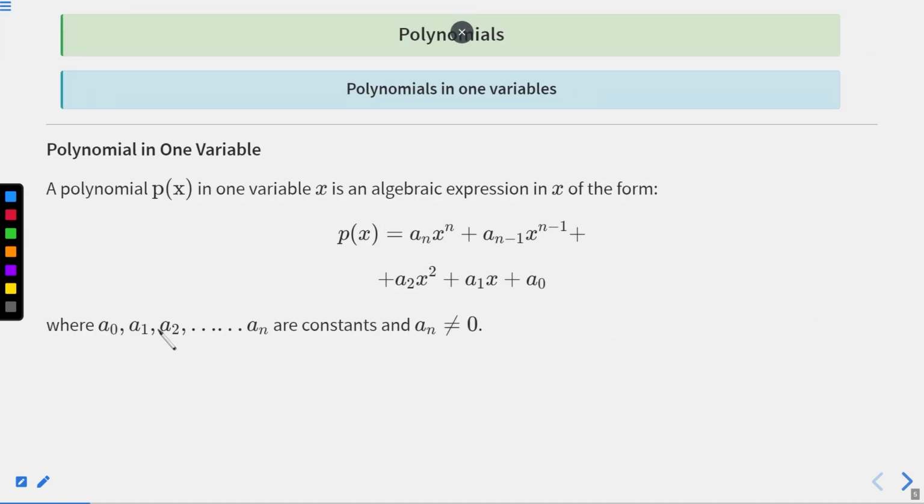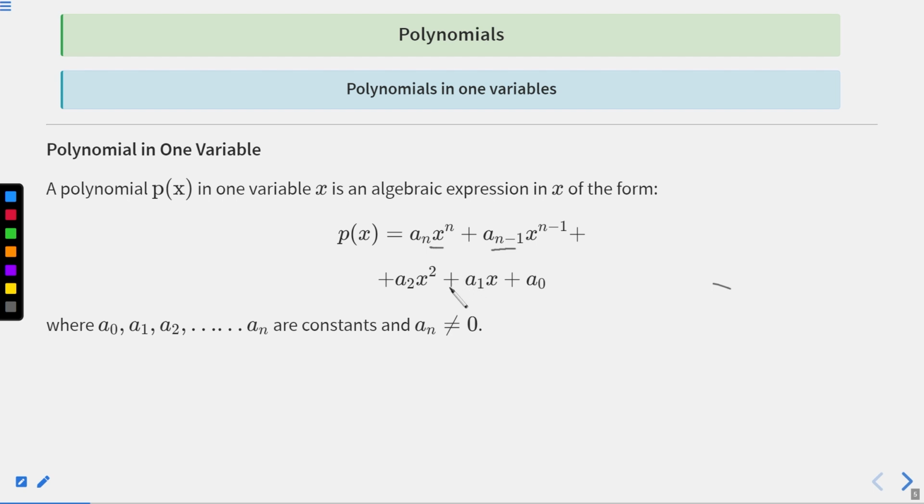First we start with a polynomial in one variable. So what is a polynomial in one variable? Students, you have already studied what a variable is. If we have an expression like p of x is equal to an x to the power n plus an minus 1 x to the power n minus 1 plus dot dot dot plus a2 x square plus a1 x plus a naught, then the polynomial p of x in